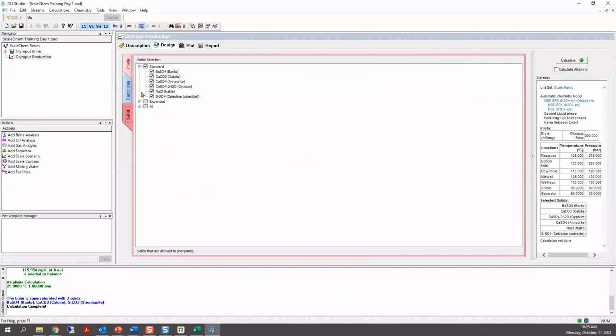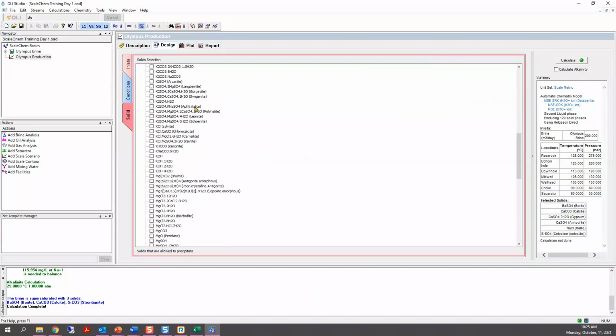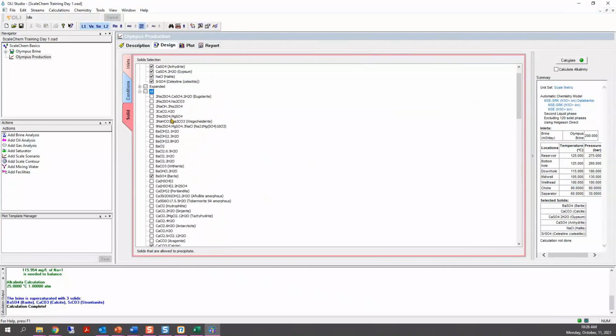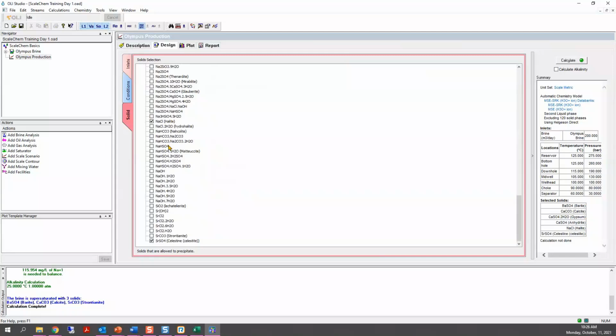No problem. Okay, so this is the last section for the solids, the all category. In here, you will see every solid that is present in the OLI database and that matches what you have entered in the brine composition. So if you don't find anything in your expanded or standard, you can always go to the all solids, and there you will see all the possible solids that you will have for this specific production.